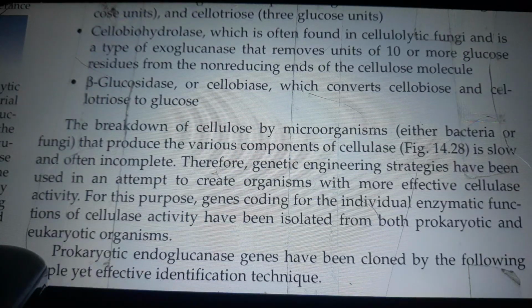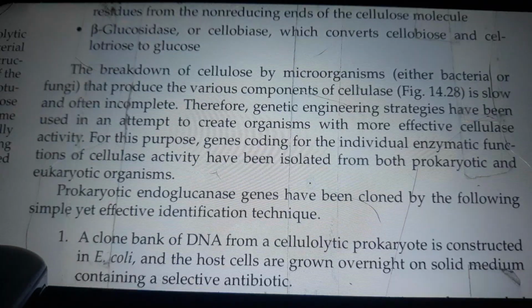Cellobiohydrolase, which is often found in cellulolytic fungi, is a type of exoglucanase that removes units of 10 or more glucose residues from the non-reducing ends of the glucose molecule. Beta-glucosidase, or cellobiase, converts cellobiose and cellotriose to glucose. The breakdown of cellulose to glucose by microorganisms